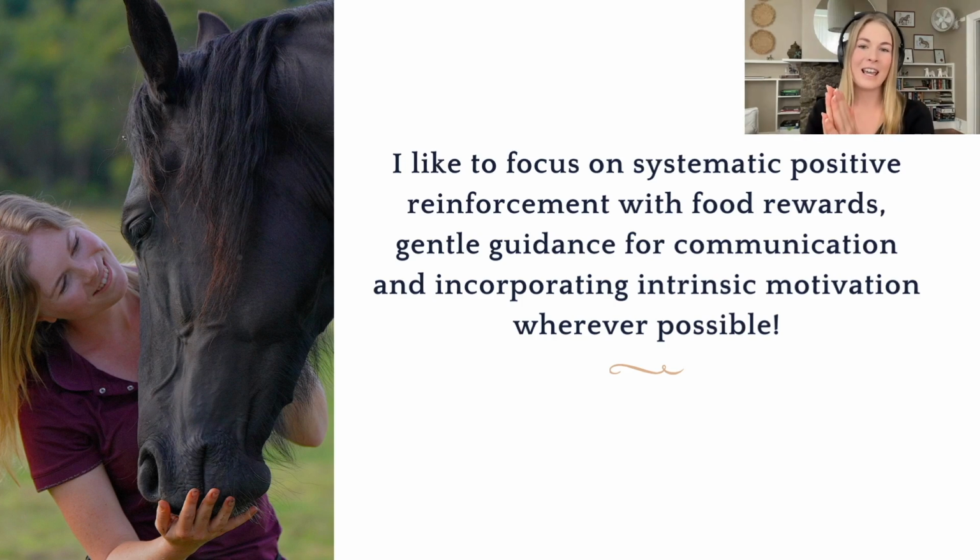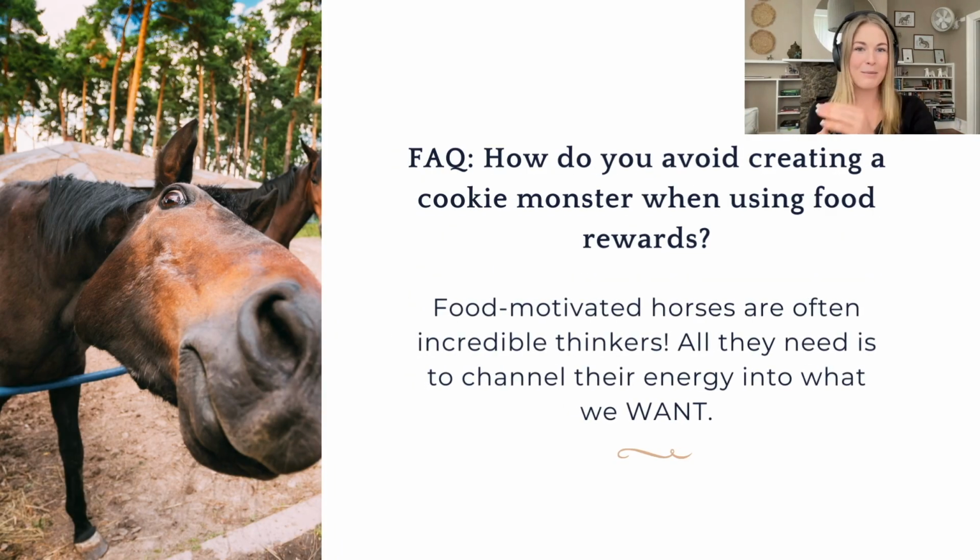But that is not a good motivator when it comes to horses, that they should do something just because we ask them to. There needs to be a really good reason for them to want to do it, a good reason for themselves. So that it's fun or that they are reaping something good out of it. Now, when it comes to food rewards,